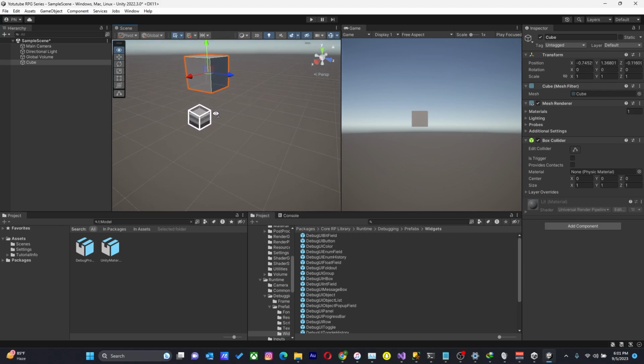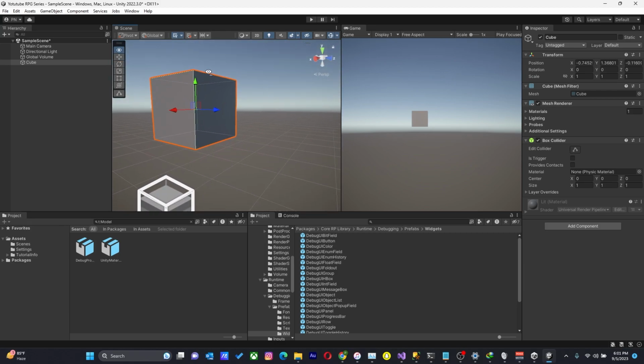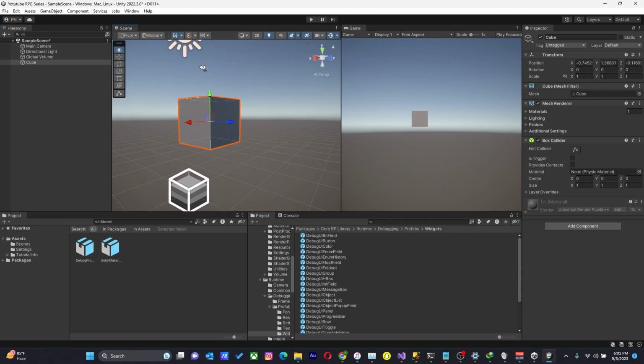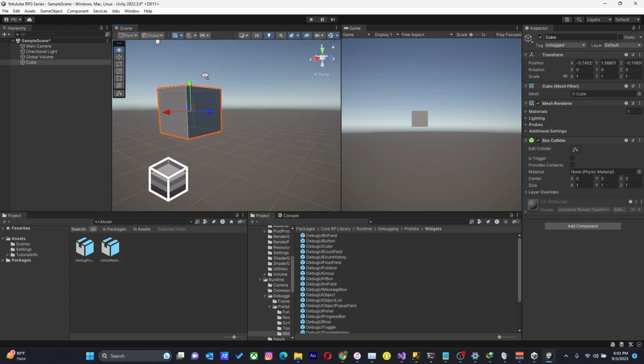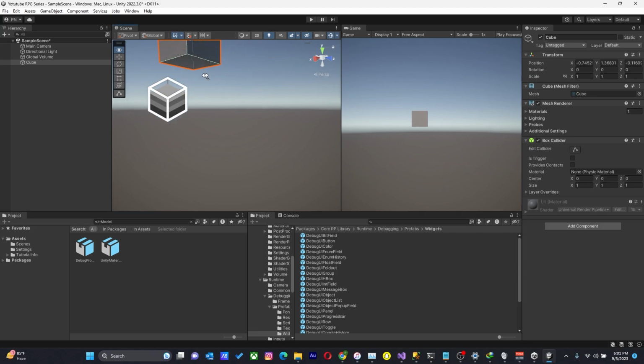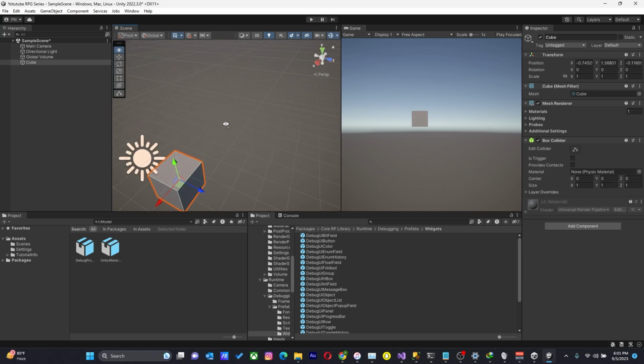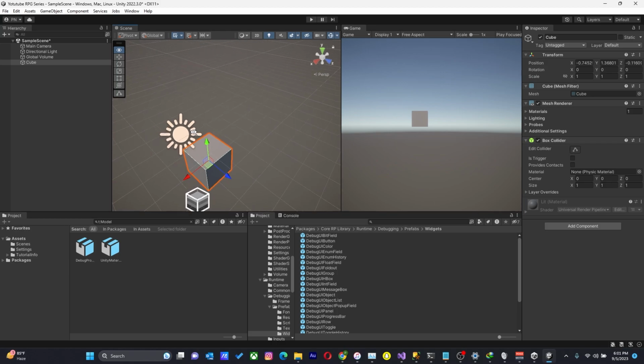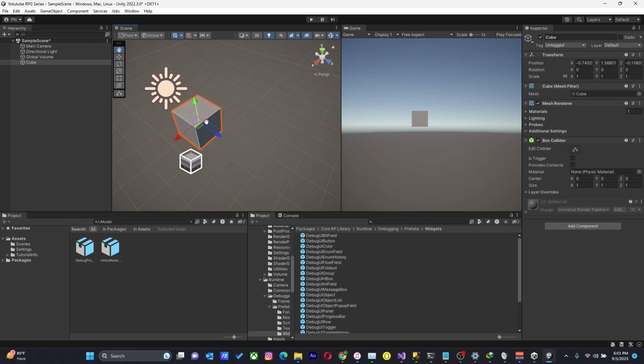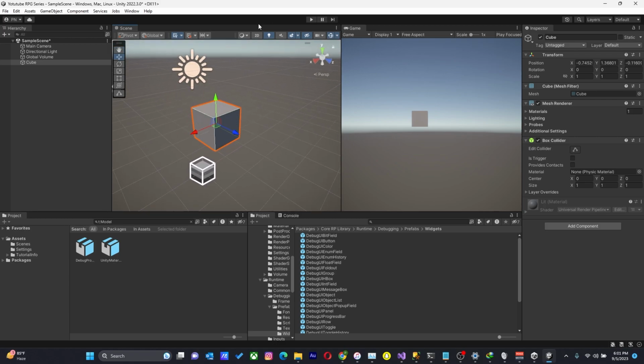So hold the right mouse button, press W to move you forward, press S to move you back, A left, D right, Q will move you down, E will move you up, and then you can pan around by just rotating your mouse while holding the right mouse button. All right, so now let's look at those